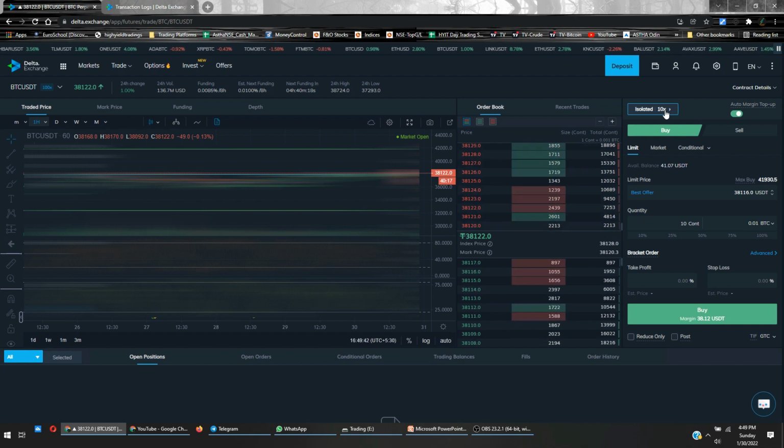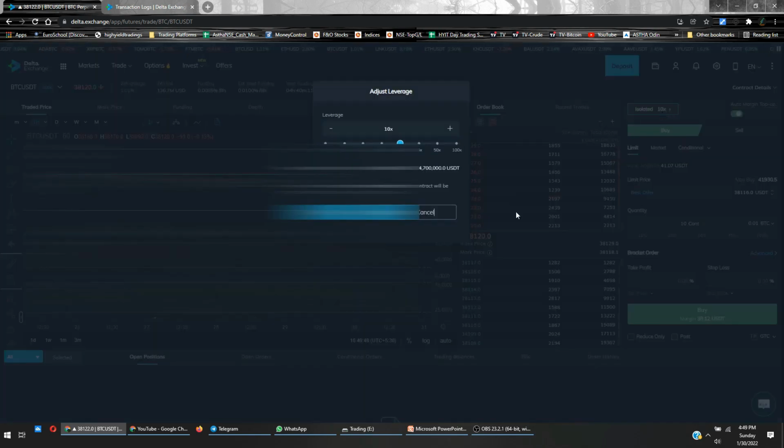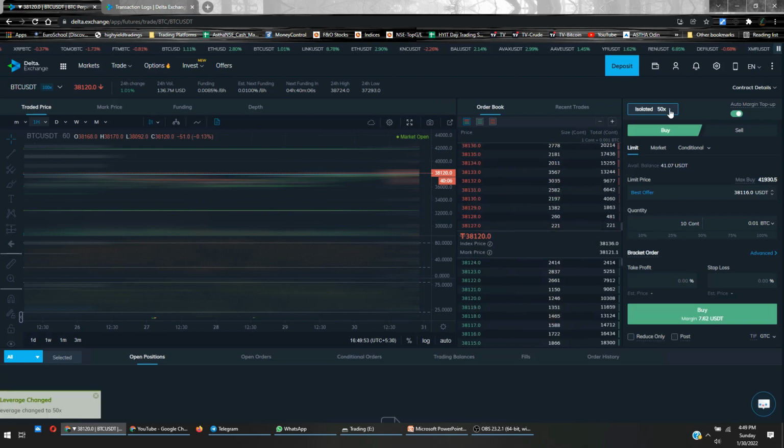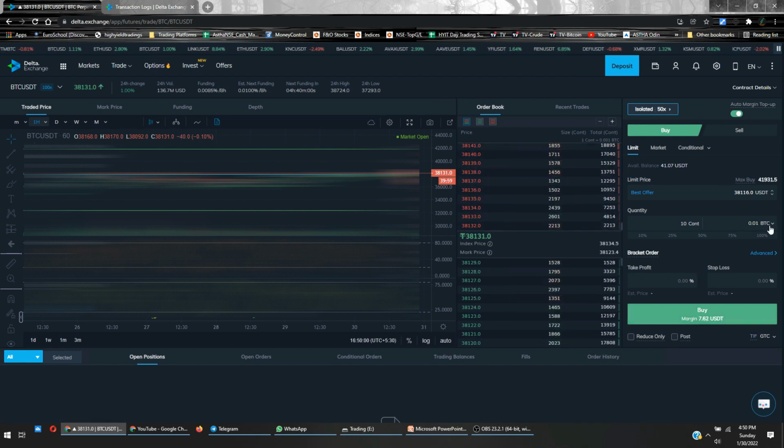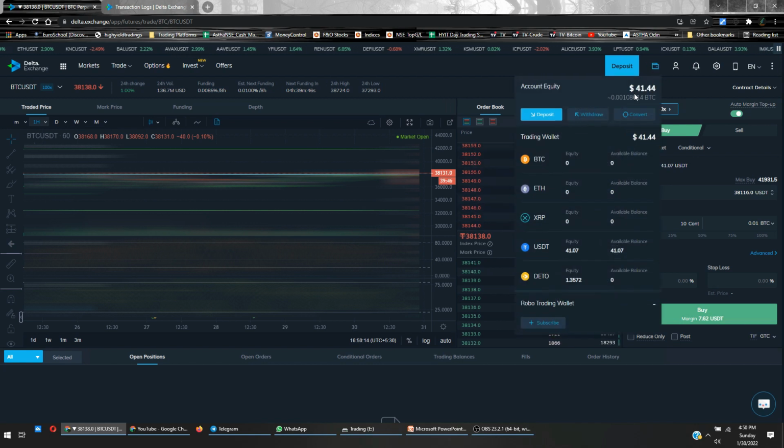If I tell my example, I also started my trading with $12.45. And there I had to take 50x leverage, because that leverage was giving me the capital to trade. With 50x leverage, if I was trading 0.01 bitcoins, I had to pay only 7.62 USDT, which was very well within $12.45. I continued it for 2 to 3 days, and as I showed you, my